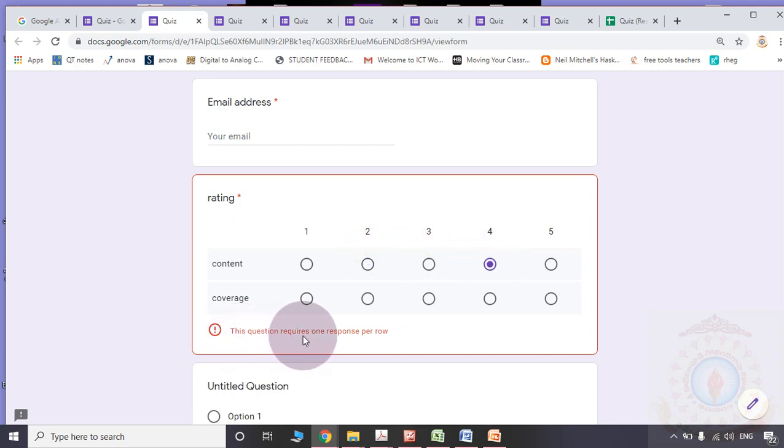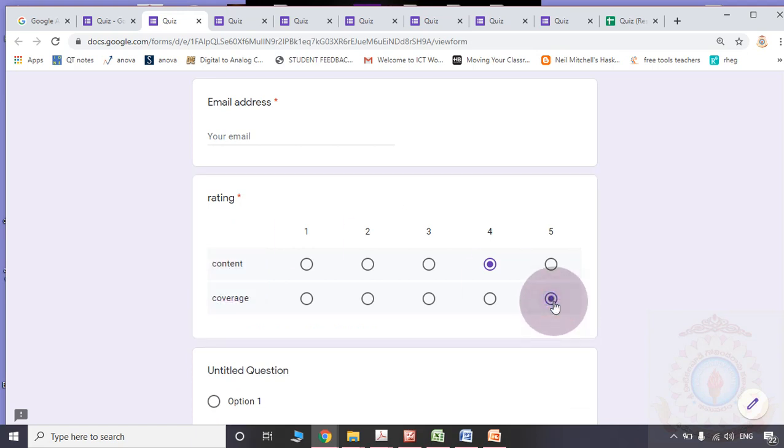Please observe here, this question requires one response per row. It means they compulsorily need to give the answer for the second sub question also. Coverage. Okay, they defined the content. Generally, they will announce a title for the program, like ICT lecture series. That is the title for our program. Similarly, they will give a title, but regarding the coverage of the subtopics and the content, whether you are happy or not, then you may select the particular subtopic.